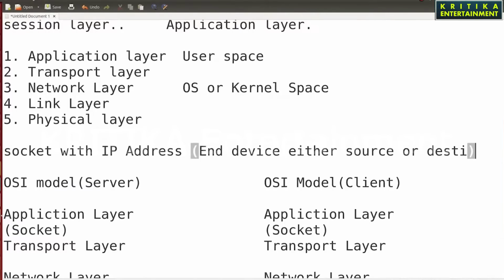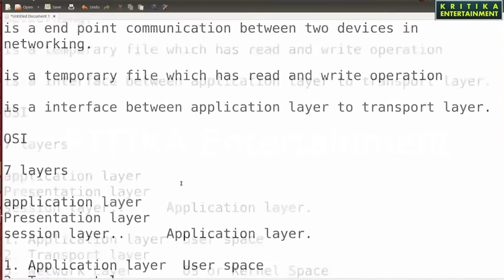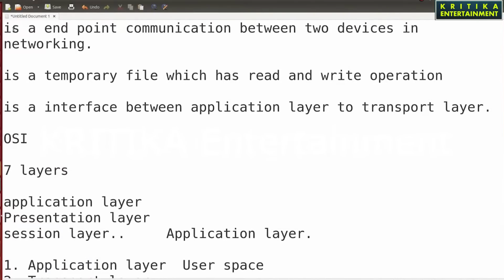So I think you have understood the definition of a socket. A socket is the endpoint communication between two devices in networking, because a socket has an IP address, which means it is a device where it ends, either source or destination. So it is called endpoint communication.